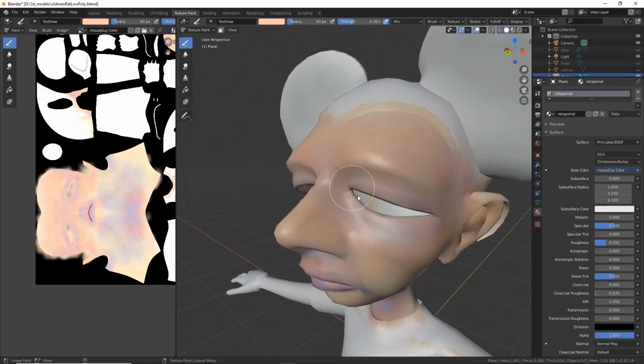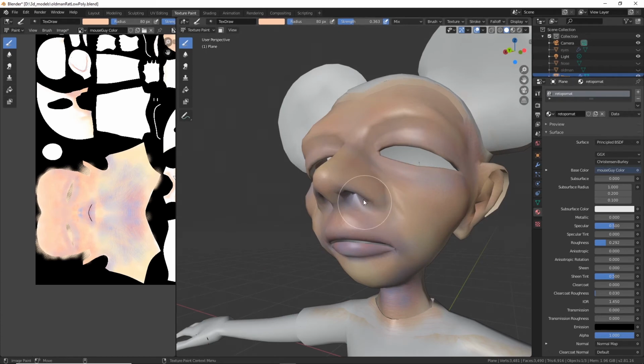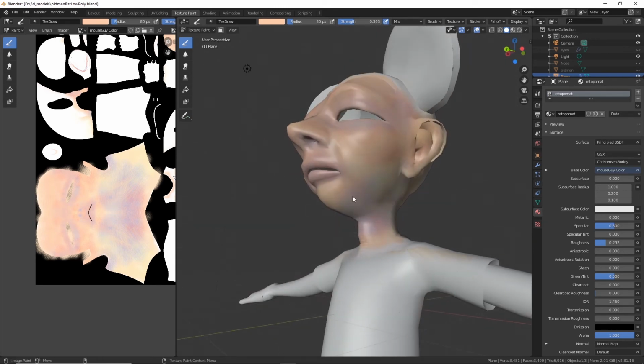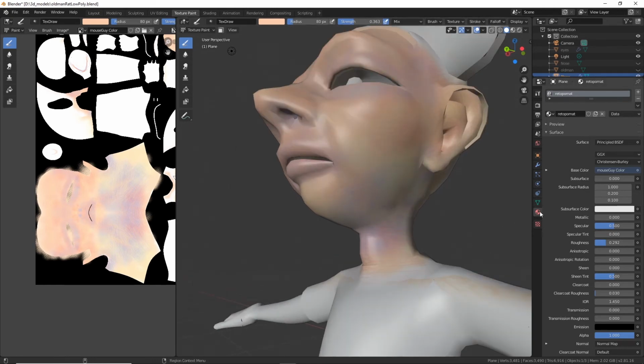I'll work on getting the skin map looking a little bit better, come back and talk about that, and then we'll talk about how to create some control maps for subsurface coloring, lighting, and we'll get the texture map finished for this guy. So basically that's it for now. If you have any questions, just leave them in the comments, and when we come back I'll have this finished skin tone with the lip color and all of the stuff, and then we'll go into painting some additional maps for shininess and the roughness and the subsurface and